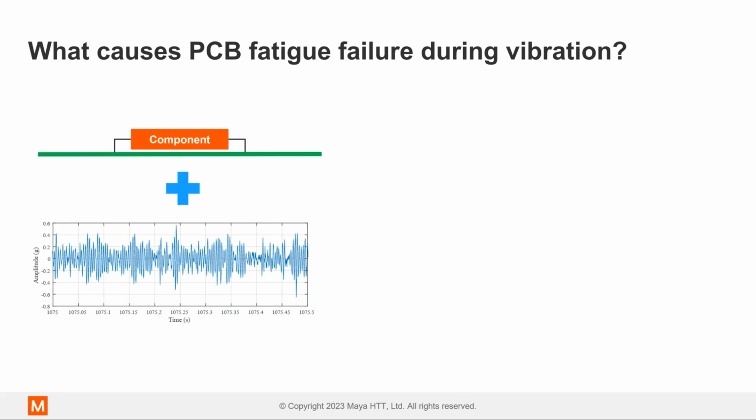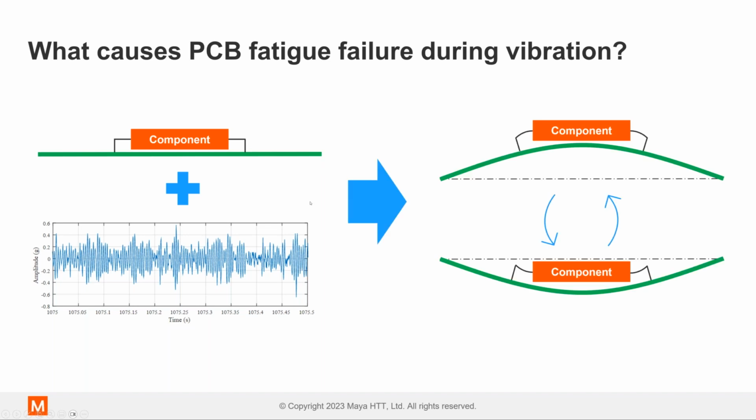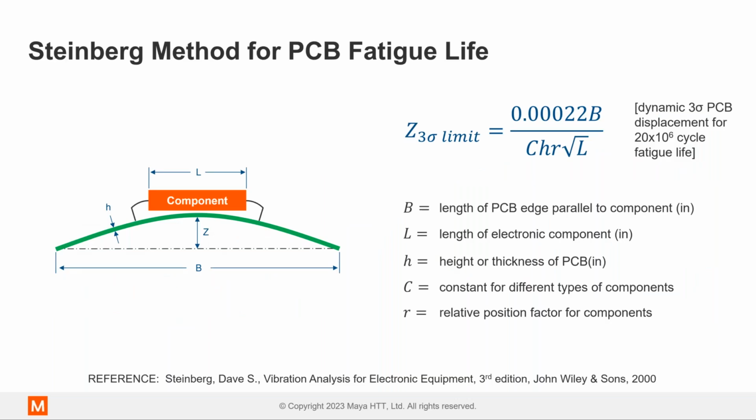So if you remember, let's assume we've got a PCB with some component on it. Here we'll assume just a wire solder connection, and you take that time history and apply it to the PCB. What you're going to get is a deflection of the PCB here. And the big thing is you're going to get relative motion between the component and the board. And that's causing these wires to flex and strain and eventually break if they get enough cycles of high enough energy.